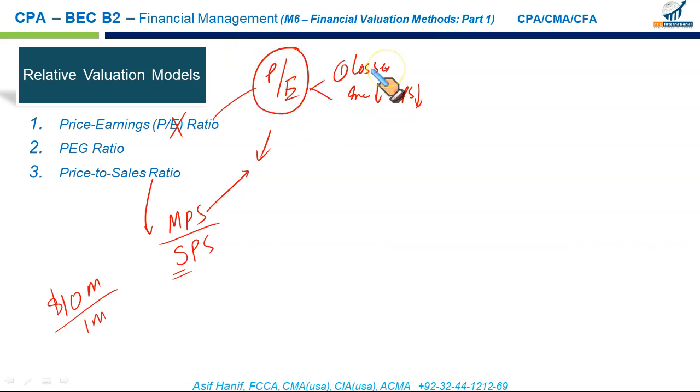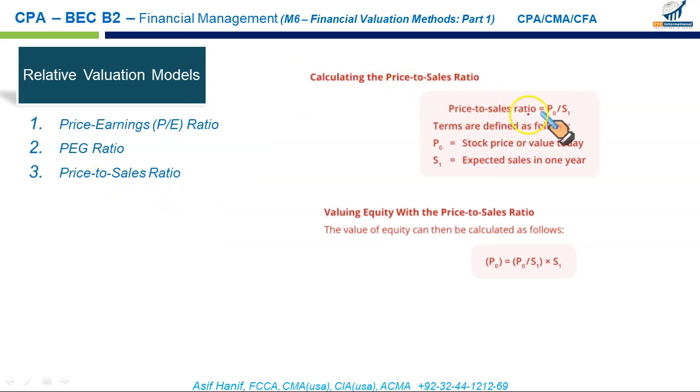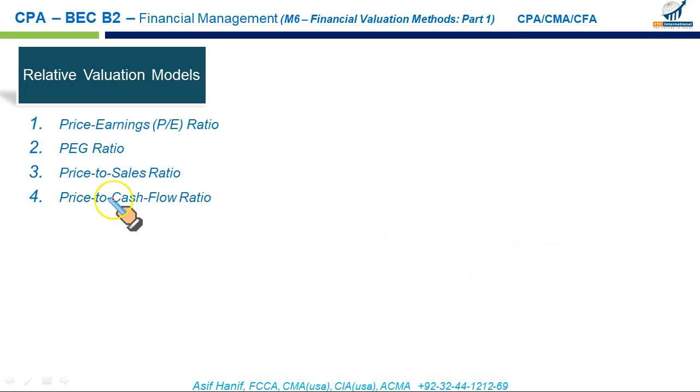So when there are losses, when a new firm is formed, or when the incomes are very little, then you should use this ratio, price to sales ratio, right? When EPS is negative or when the income is less, this is the good ratio. How do we do it? Simple. You take the market price per share over expected sales per share. It is on per share basis. Remember, market price per share, don't divide this with the total sales expected in the next year. It is sales per share, right? And we can remodel this equation to find the P naught. You can see just like in the previous example, the price is equal to the PS multiple times the expected future sales. The third one done, price to sales ratio.